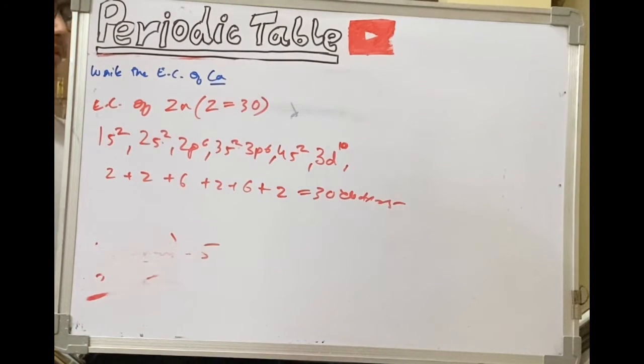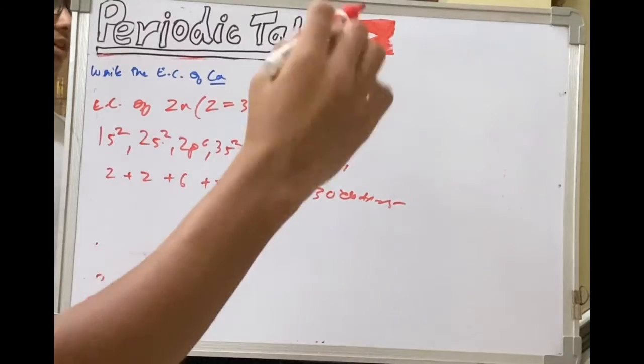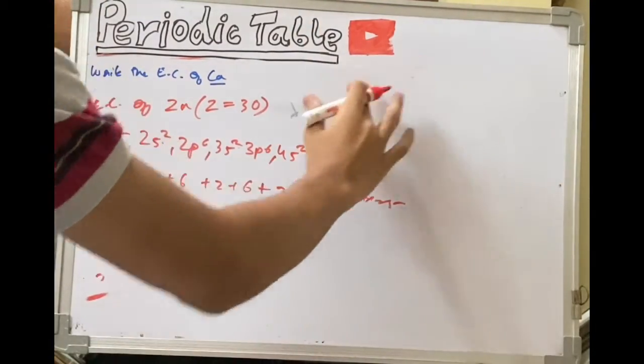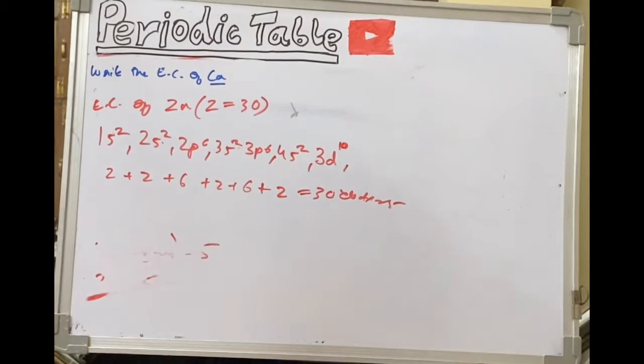This is easy, right? You just have to learn that table, and that is very easy to learn. As I told you the trick, the coefficient of s and p will be the same, whereas in the fourth period d will come into play, and its coefficient will be one less than the corresponding s and p, and for the fifth one it will be the same, and it all goes on in the pattern. So we have covered that, right?